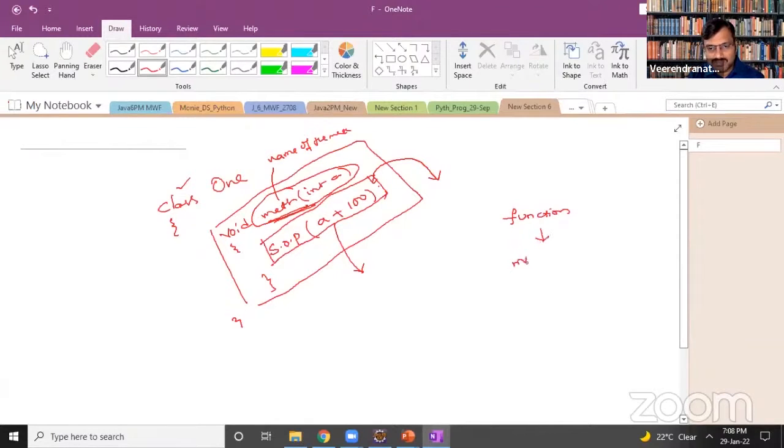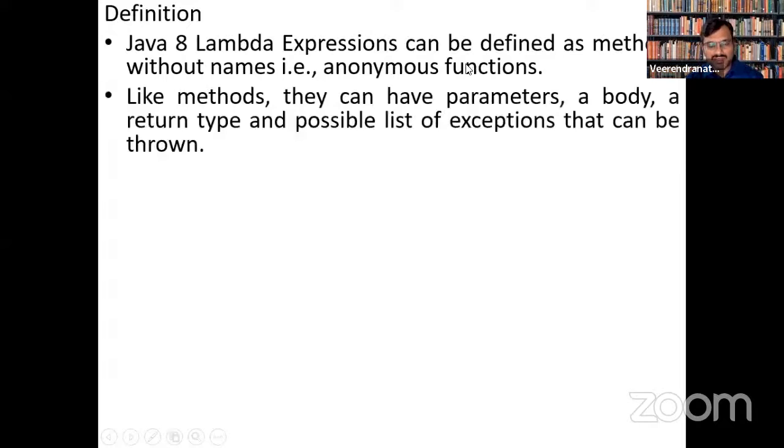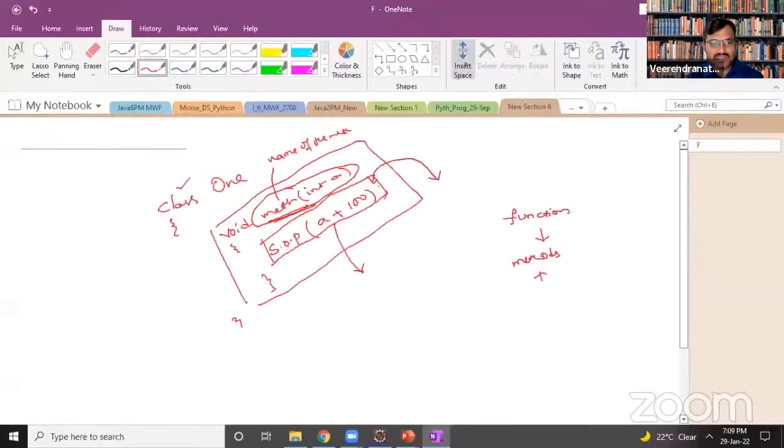Function and method are literally synonyms, but in Java we usually call them methods. Slowly, when lambda expressions were introduced, we called them anonymous functions, because they don't have any names. So, like methods.